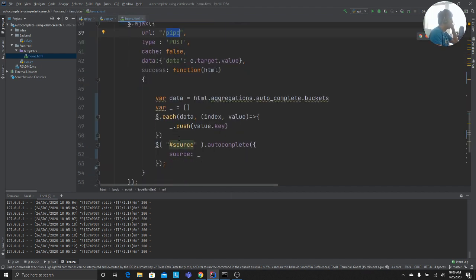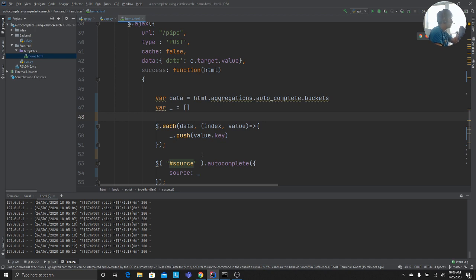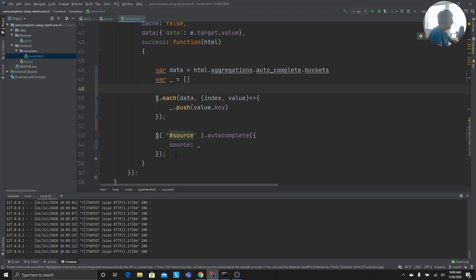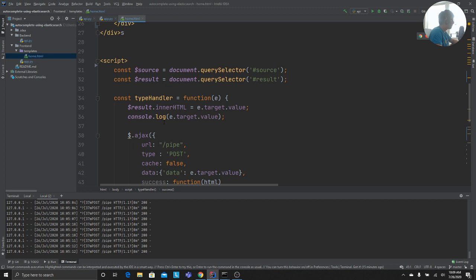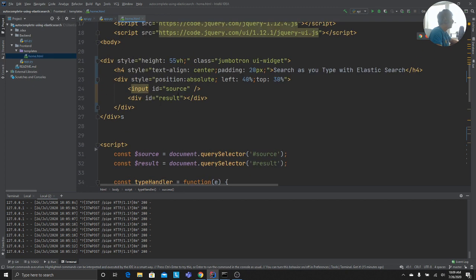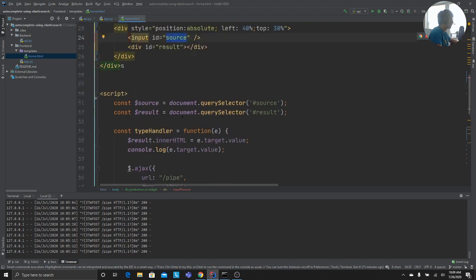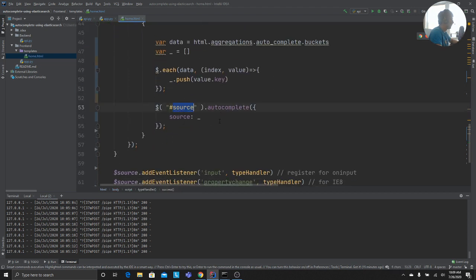And all I do is I just convert that into an array. I could use a map object here, but I just use jQuery here. But you could use map or filter commands to filter out. And then you're just saying source autocomplete, and source as this. This is a throwaway operator. It's basically a list element. So if I show you the input tag here, the ID is source, right? So that's what we say: select that element, autocomplete functionality, source as that.